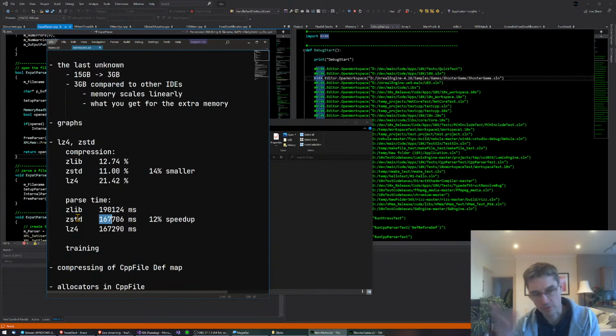So I tried all the different settings and compression ratios and stuff like that, and I even tried training it. That involves creating a dictionary from all the data that you know is going to get. It creates a dictionary of common words, and that in theory should increase compression speed and make it compress better. But unfortunately I didn't see any difference at all with that, so I don't know whether I'm just using it